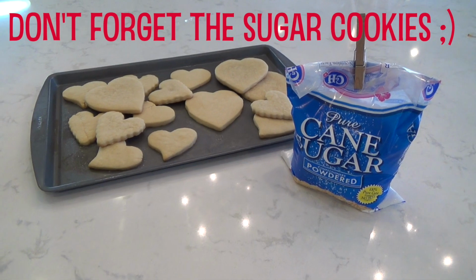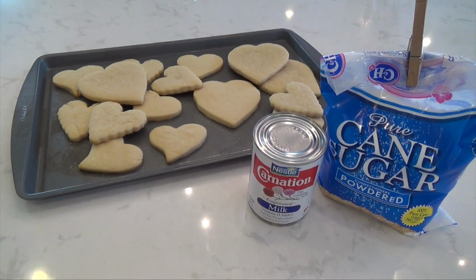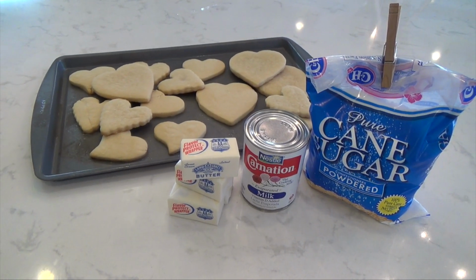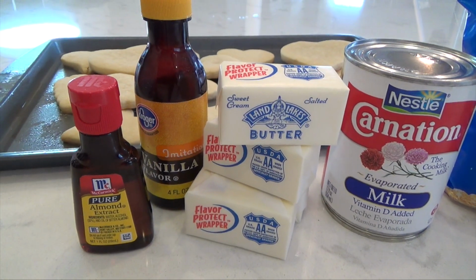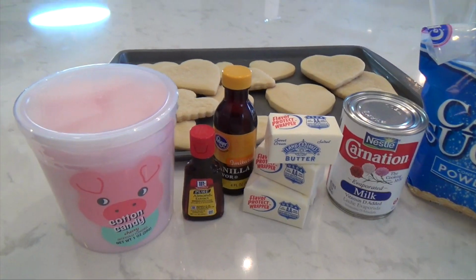So for this recipe, you're gonna need 3 cups of powdered sugar, 2 to 3 tablespoons of evaporated milk or milk, 1 cup of butter, which is 2 sticks of butter, but I got the little half stick, so for me it's 4 sticks of butter, half a teaspoon of vanilla extract, 1 teaspoon of almond extract, cotton candy,